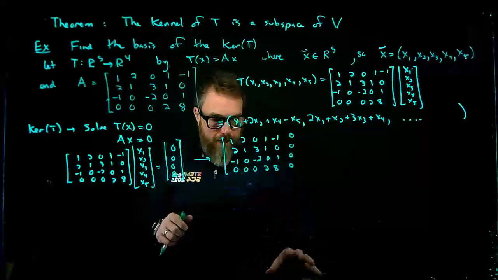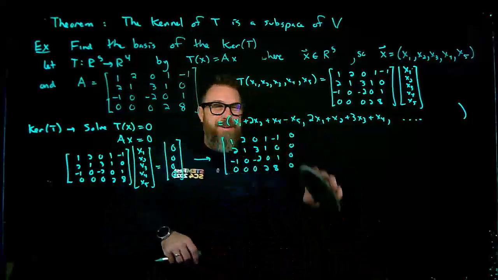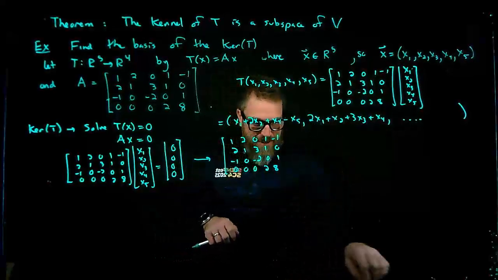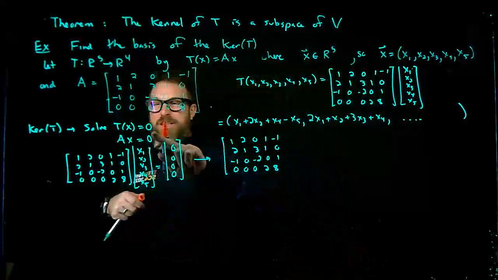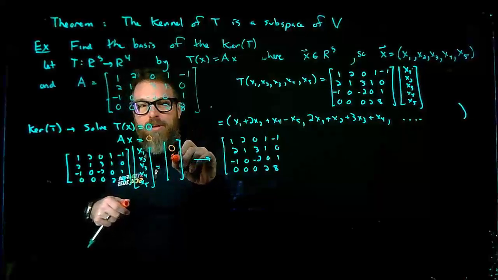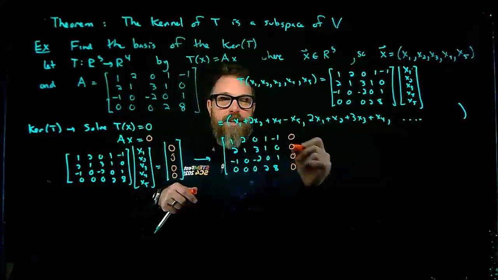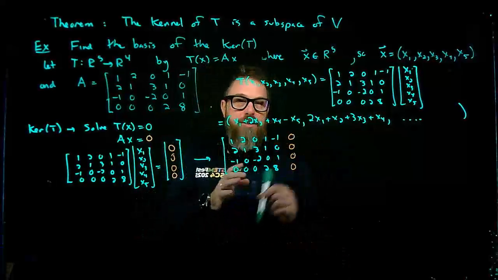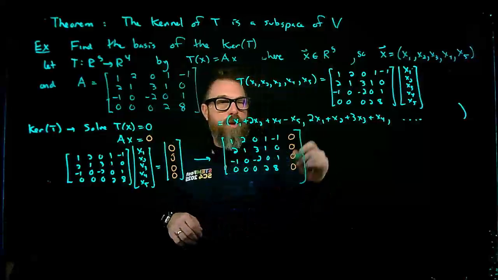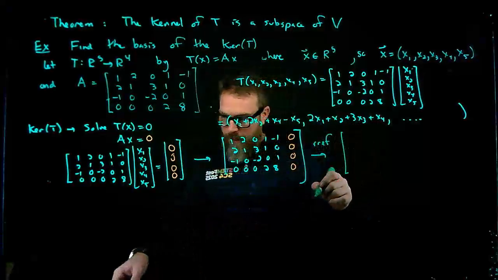To be clear, what I mean by that is remember that this is supposed to be equal to this 0 vector here, which is in the codomain. So these zeros are going to be these zeros. I'm pretty sure we're used to this by now. So what I'm going to do is row reduce this to echelon form, and what we're going to get is